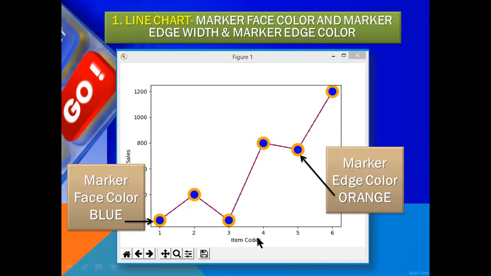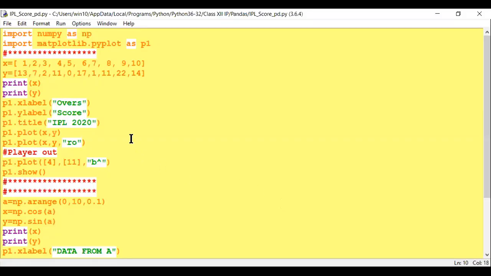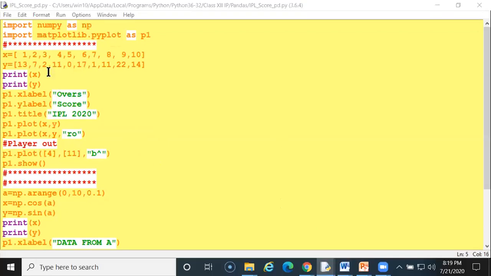See here, the same score you can show with a graph.